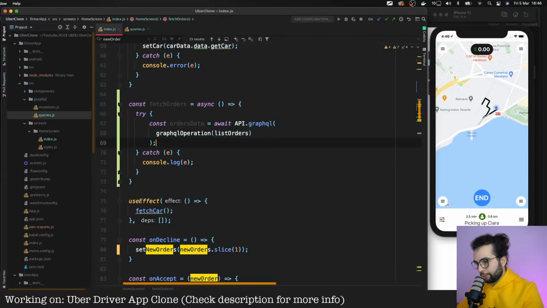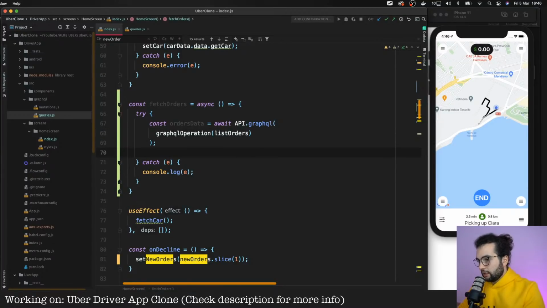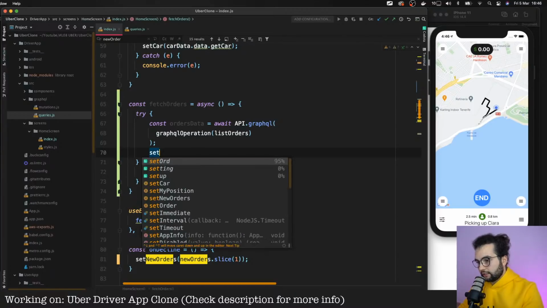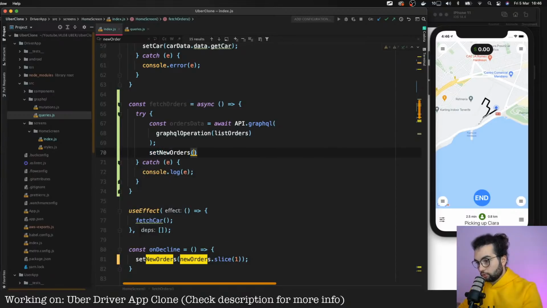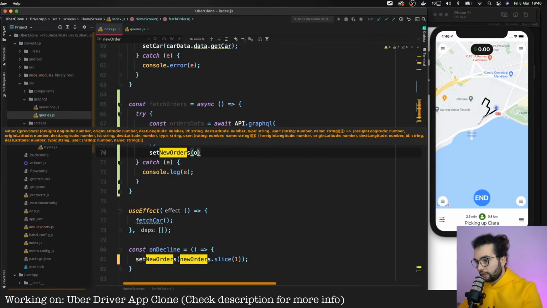We will need it when we add filters. And let's set new orders with the orders data.list orders. I think that I've got it.